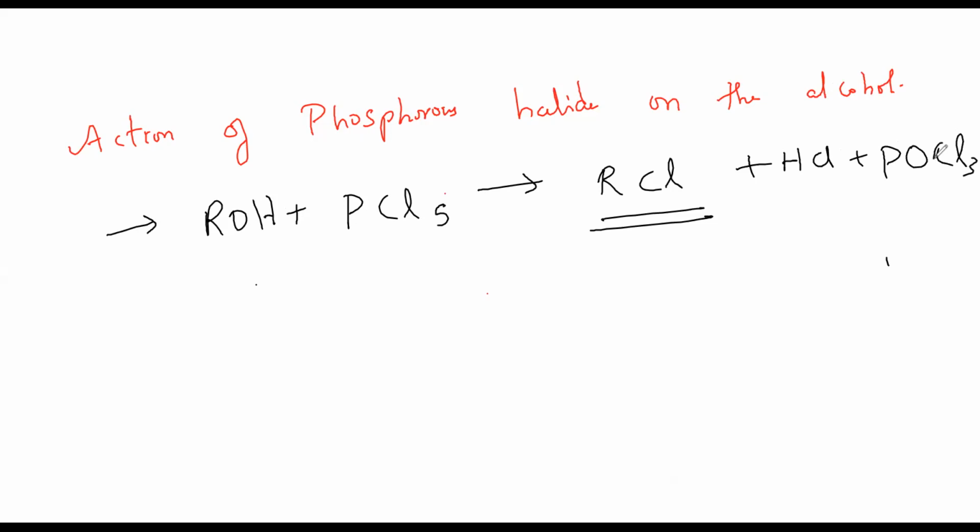This is not important for us, because in your board exam, if the question is what is the method of preparation of alkyl halide, the teachers want to see RCl as the answer. This is important. These are all the residue stuff, just a small component of this. If you are able to write this in your board exam, you'll get full marks.